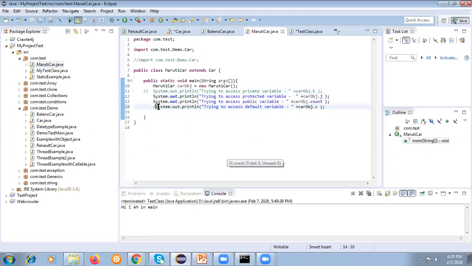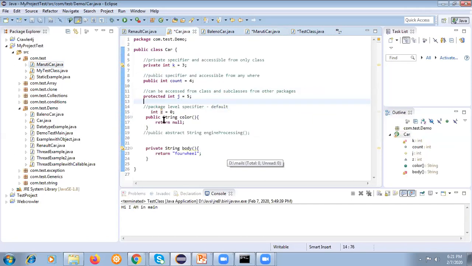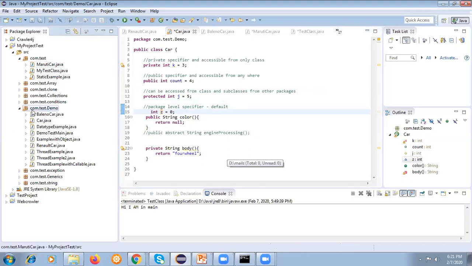But if you see this last line, you will again see a compilation error. When you see this red button, you will see the compilation error here: ob.z. This z is basically default. We discussed this default is package level, because the car belongs to one package, and this is a different package.